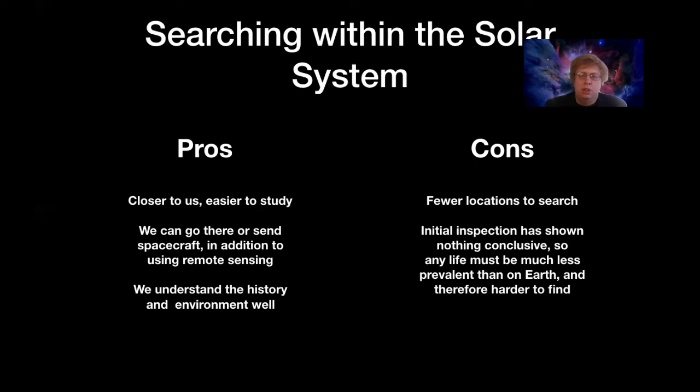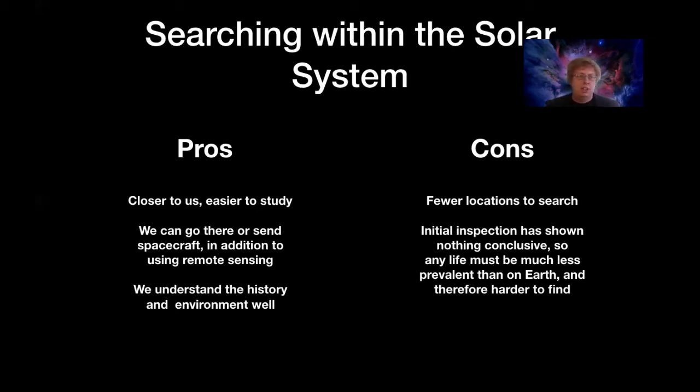There are downsides as well. And one of the main ones is that there's just fewer locations to search. There are 8 or 9 planets in the solar system, depending on what year you were born in. There are 8 major planets. There are 9 planets if you include Pluto, but if you want to include Pluto, you should also think about some of the other planets such as Eris, such as Ceres, and others. So in the range of 10 to 20 bodies that are large enough that could have developed life